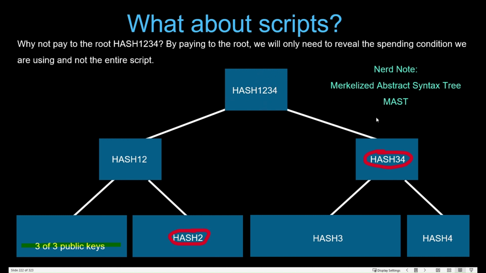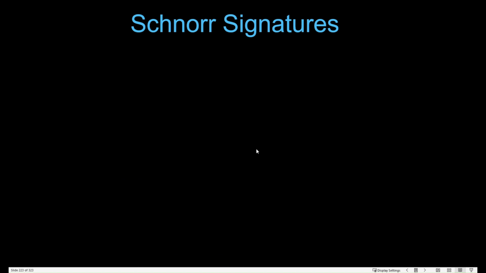Now, nerd note, this is what gets referred to in Taproot as a MAST, or a Merkleized Abstract Syntax Tree. We'll just call it a Merkle tree for short. The next thing you need to understand, once you understand that,